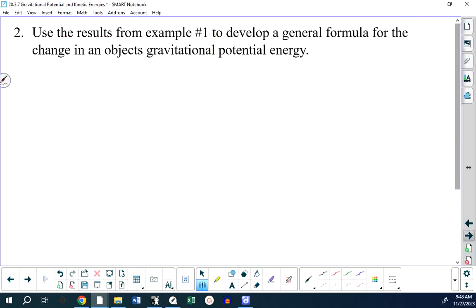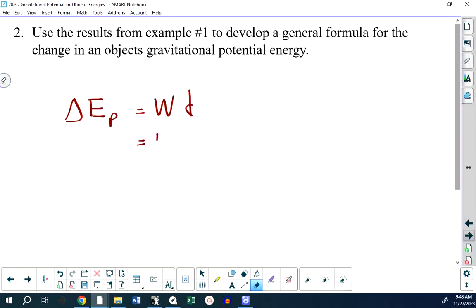Use the results to develop a general formula for an object's change in gravitational potential energy. Well, the change in the potential energy is the work done against gravity, which means it's the force times the displacement, but this is really the force of gravity. And I want to be careful here. It's the applied force upward, which is equal in magnitude to the force of gravity. And this is where Ryan was coming from when he said mgh. But we're going to do this a little bit differently. We're going to put mg